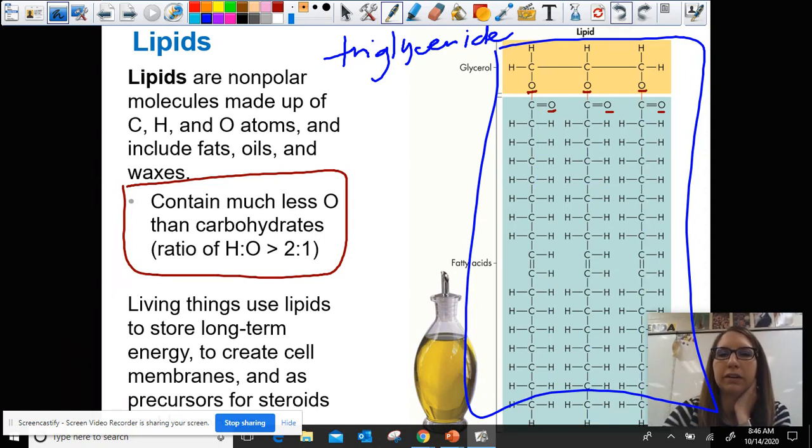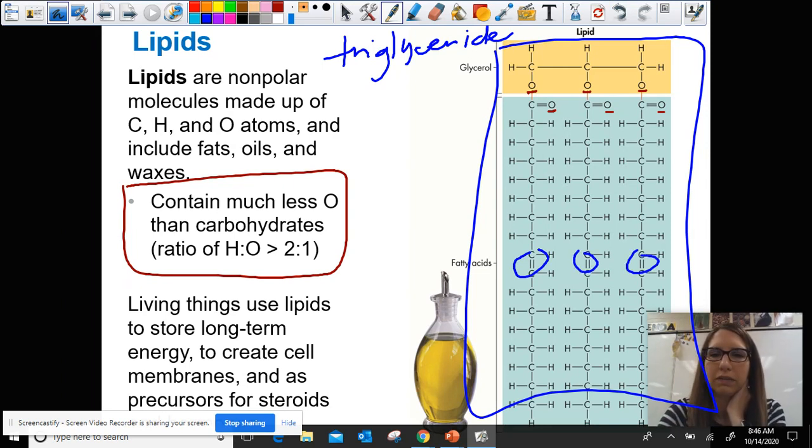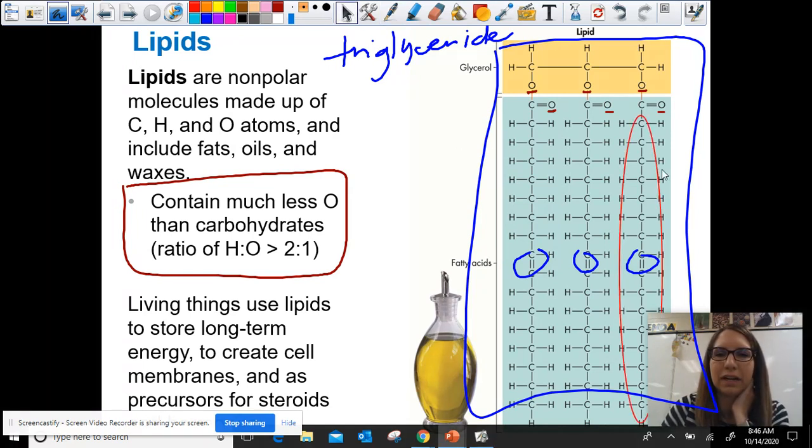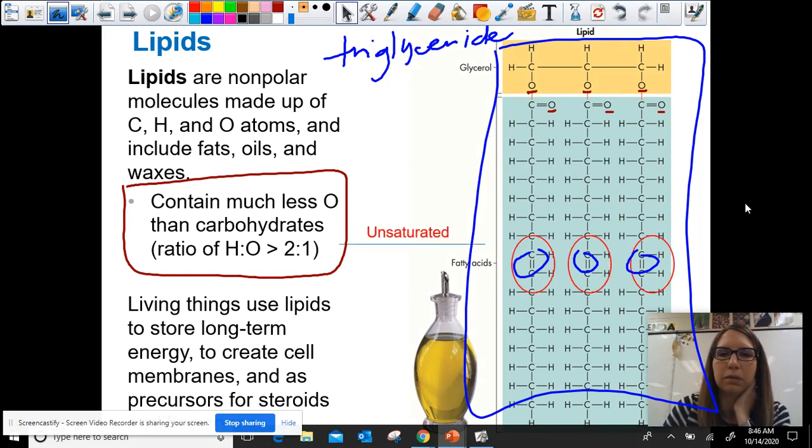So I have some areas of these fatty acids where I have a couple double bonds, and then I have some other areas where I just have single bonds. That makes up the majority of it. These things where we have double bonds are what we call unsaturated. And so an unsaturated fatty acid, if I can get to the part where it's labeled here,